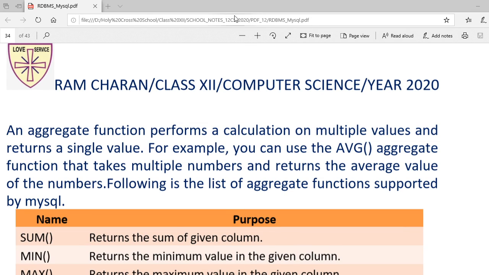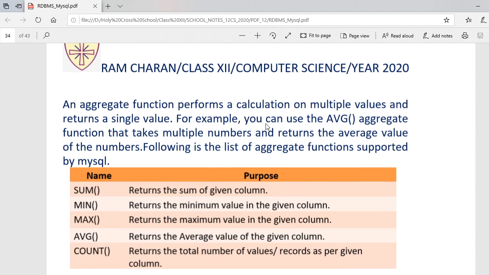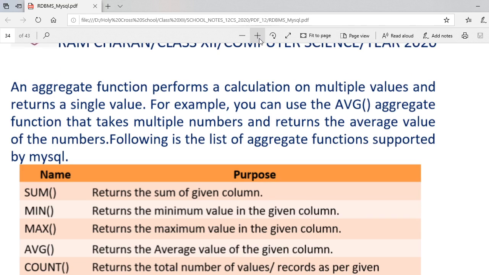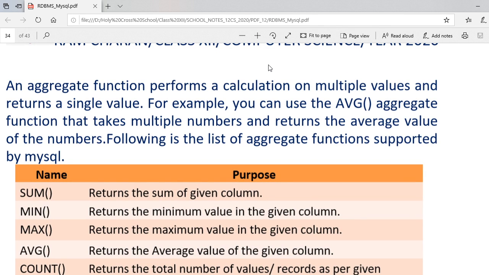So in that same year, if I ask you what you know by function, and what a function is going to do? One common answer is that a function will reduce the total amount of code to be written. Yes, sir, definitely. Why are you using a function? To reduce the code. Okay, we can do without a function also, but that is going to increase the number of lines in MySQL. But the same thing you can do with functions.